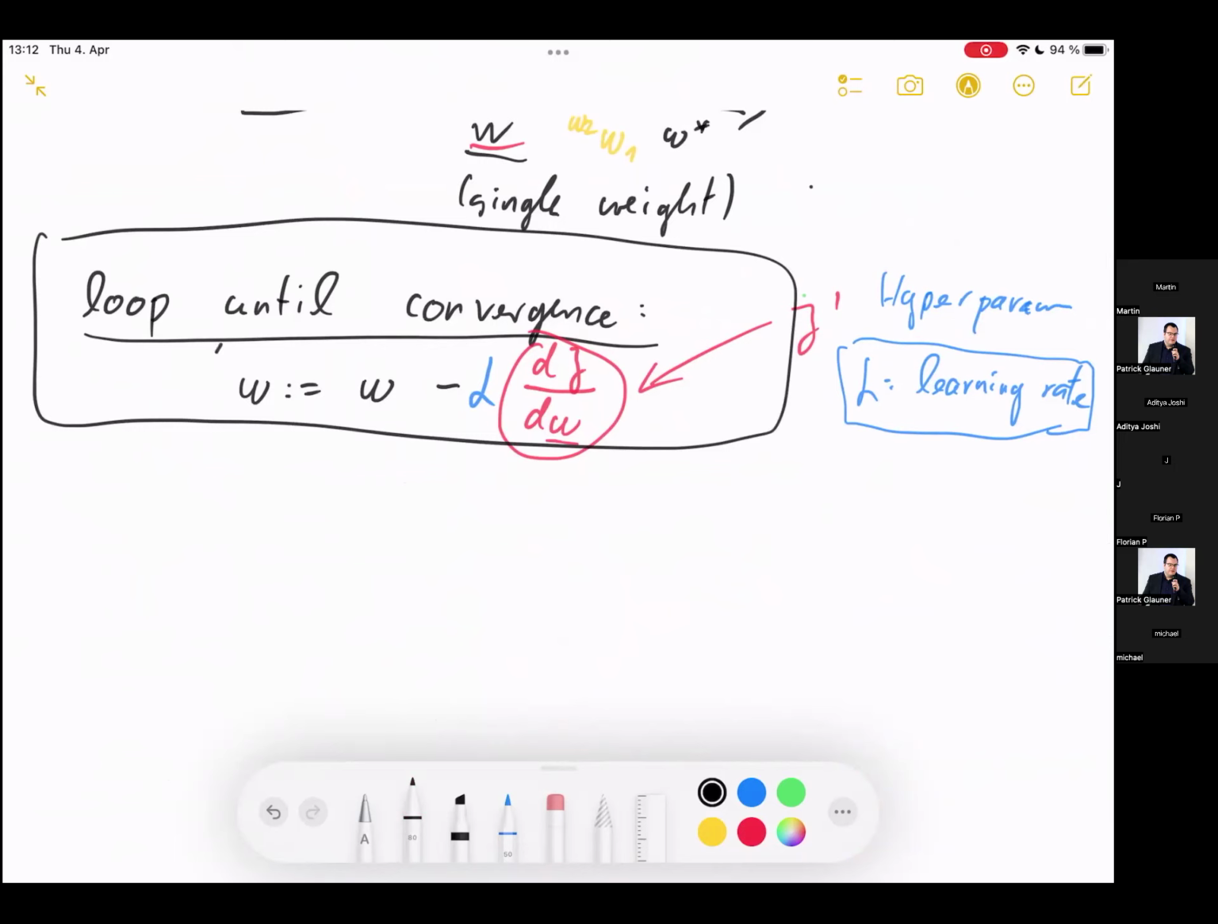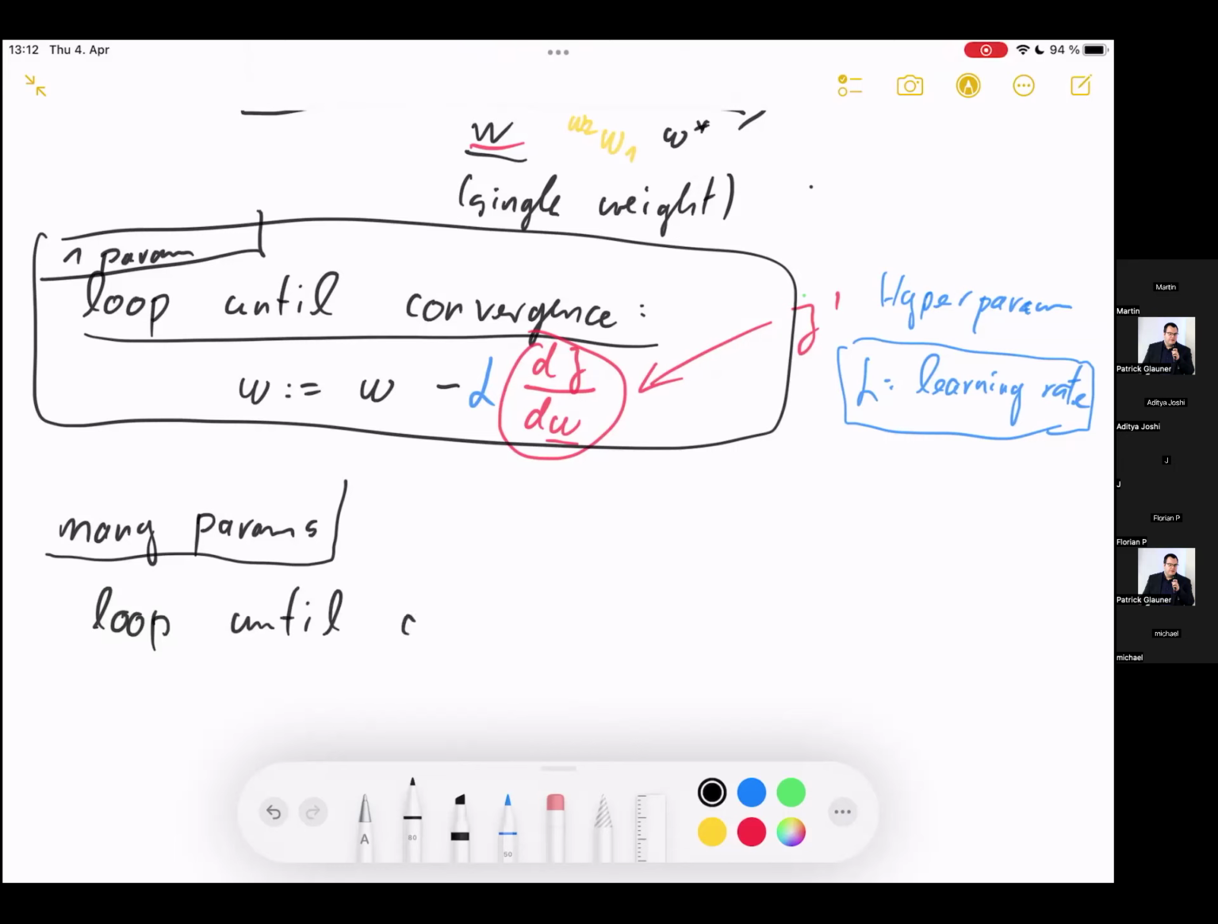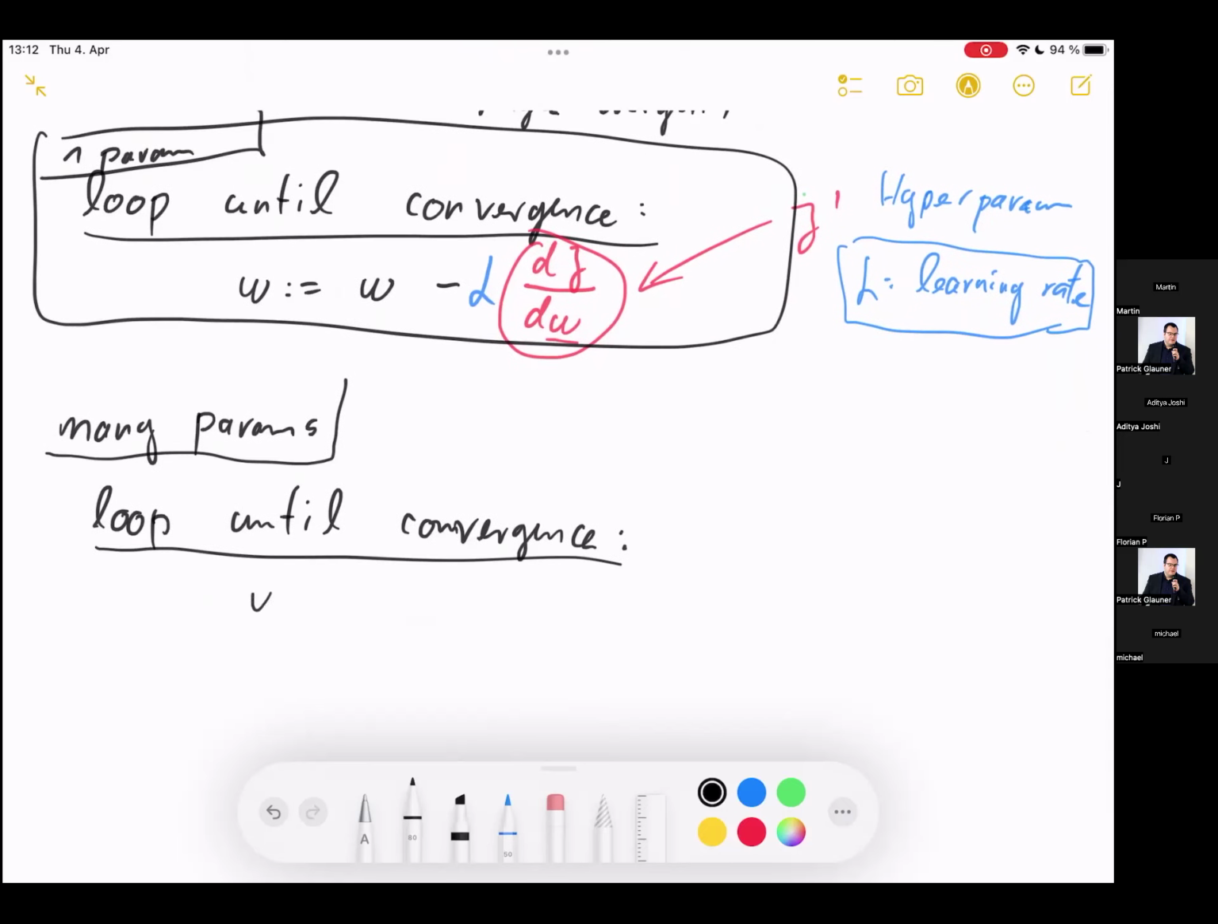And so I write here for one parameter. And now we will do this loop for many parameters. Again, loop until convergence. And now we have multiple weights. So we have weight 1 where we are doing this: weight 1 minus alpha times